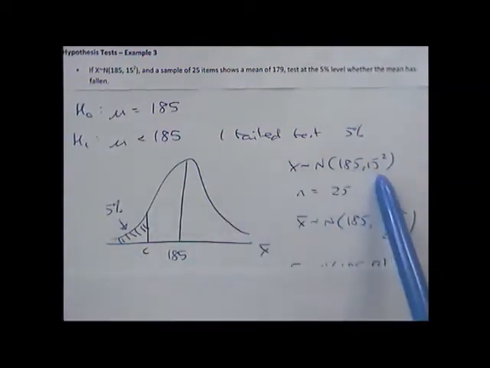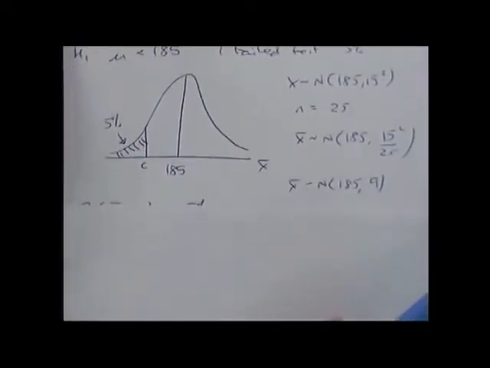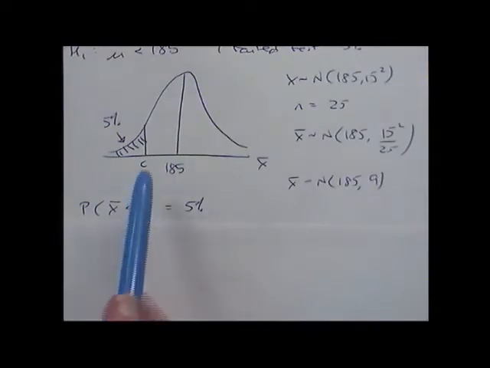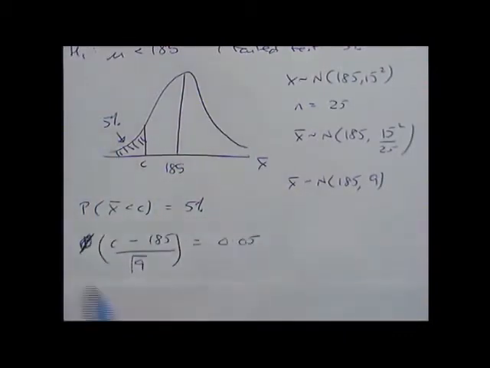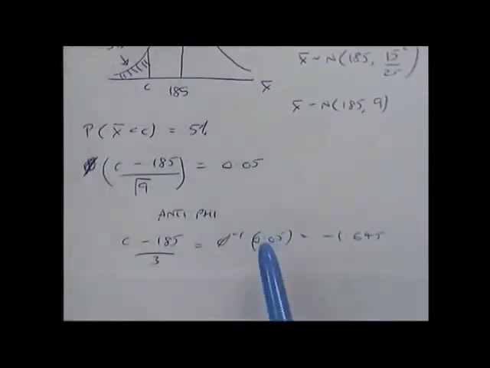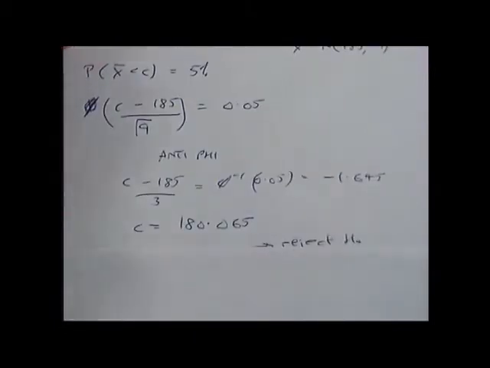I've written down my distribution of x, my sample size, my distribution of x bar, which is sigma squared over n at that point, which I think works out to be 9 for my variance. So then you're interested in working out the critical value. Well, that's finding the probability that x bar is less than that critical value is 5%. That's when you go into your phi of the value, take away the mean over the standard deviation equals 5%. Anti-phi-ing, you will get familiar with this minus 1.645 or plus 1.645 for 5% either side. Rearrange it, get a critical value